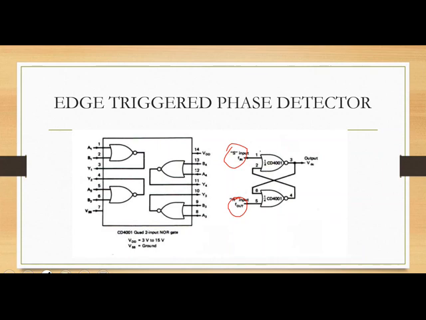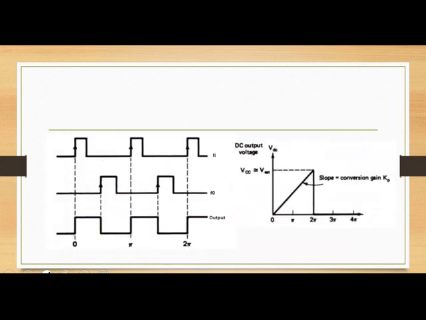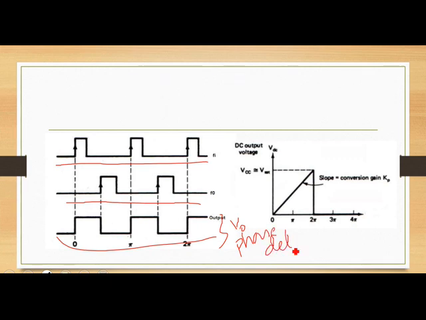So you can see it in the IC form which is available, that is CD4001, which requires two-input NOR gates. So what happens over here is, how is it going to produce a DC voltage proportional to the difference between the two inputs? So input is given as set and the output of the VCO is given to the reset pin. So here this is the input signal, this is the VCO signal. The difference between the two is in the form of the output voltage of the phase detector.